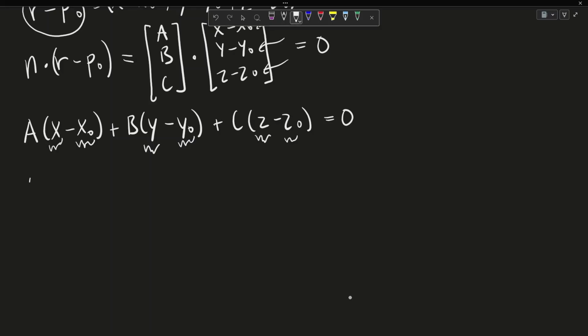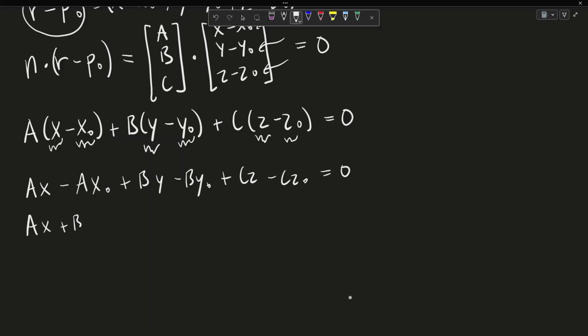So we can have ax minus ax naught plus by minus by naught plus cz minus cz naught equals 0. And rearranging once more, we have ax plus by plus cz equals ax naught plus by naught plus cz naught. We can observe that x naught, y naught, and z naught are givens, and since we know the normal vector, sorry, ABC,